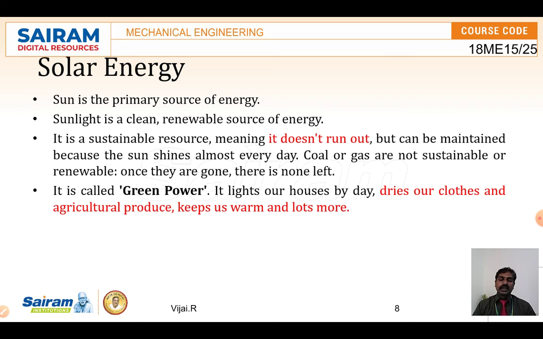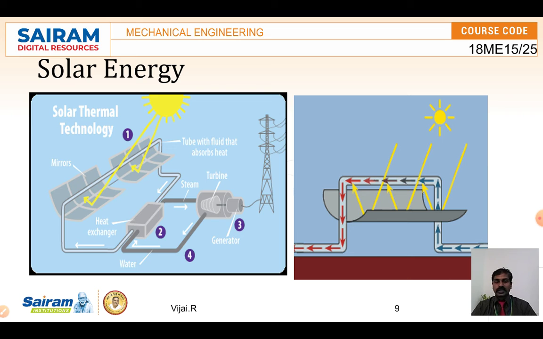But the sun is not like that. We can continuously get energy from the sun, and use solar energy to produce other forms of energy; that is what we are going to study here. We call it green power. It never ends, and we have it daily. We can use it in different applications like solar water heaters, which we will see here. Normally we use it for drying our clothes and keeping us warm in colder situations.